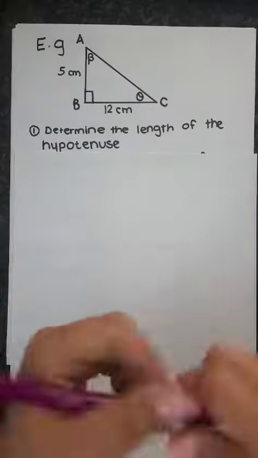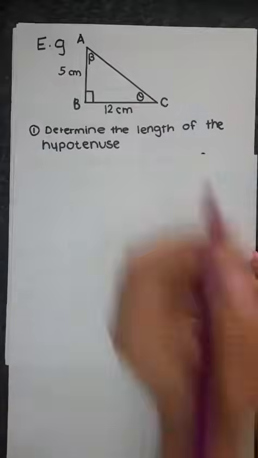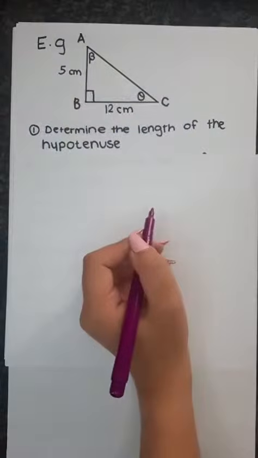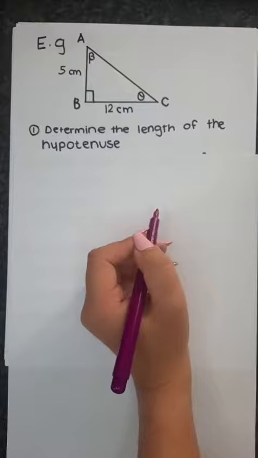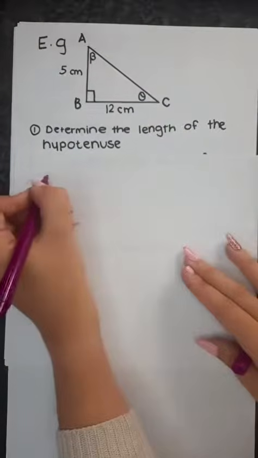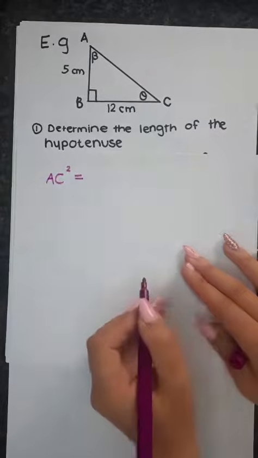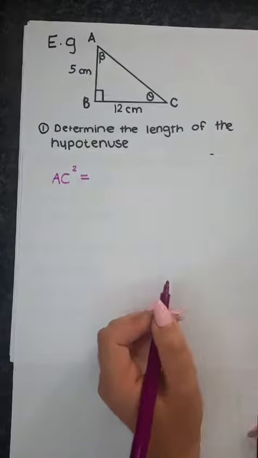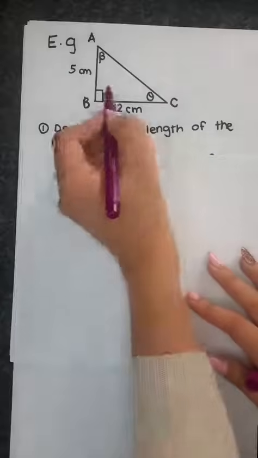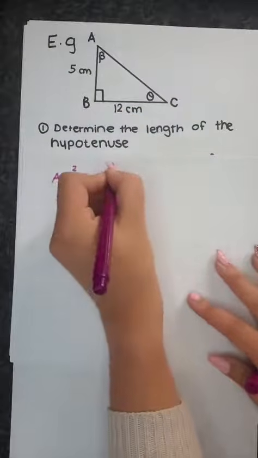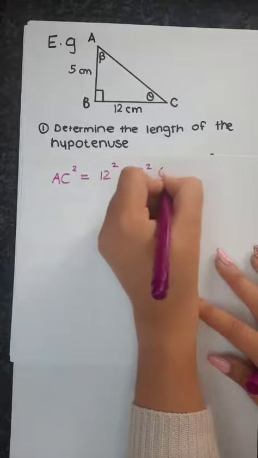How would I determine the length of the hypotenuse? Remember, the hypotenuse is AC. So AC squared equals... I'm looking for the hypotenuse, the long side, so it's 12 squared plus 5 squared, and you write Pythagoras over here